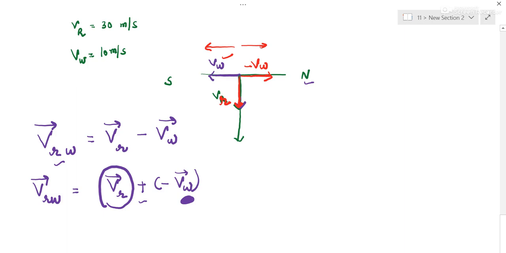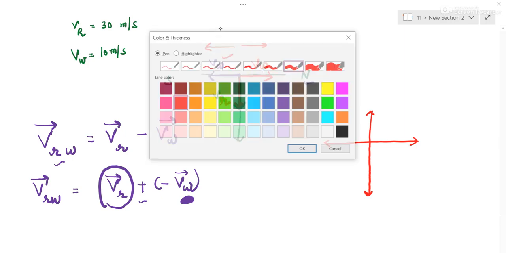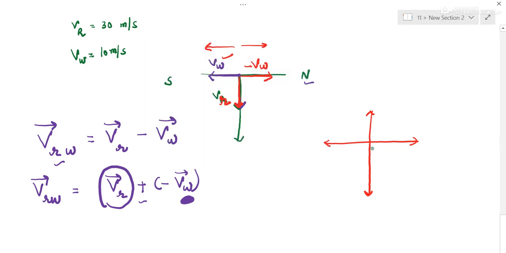So, again we can see this is your coordinate system. Rain was falling vertically downward. This is the velocity of rain, and the woman was going from north to south. This is the velocity of woman. But here it is coming minus VW, so we will have to take minus VW this side. The direction we need to reverse. Now we will complete the parallelogram, and the resultant will come along the diagonal.